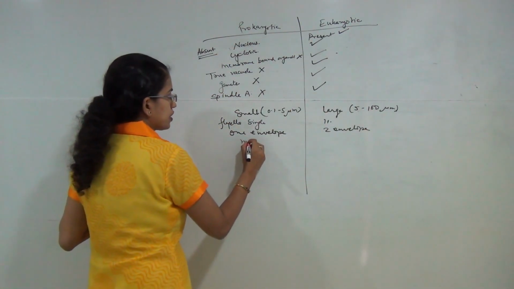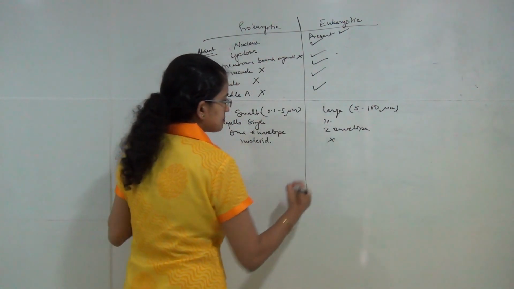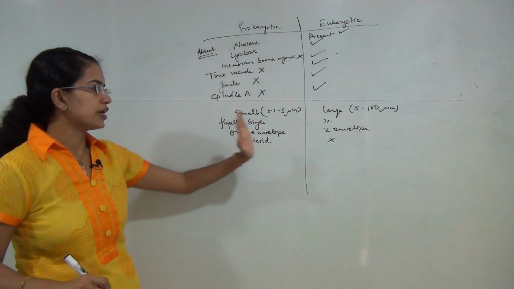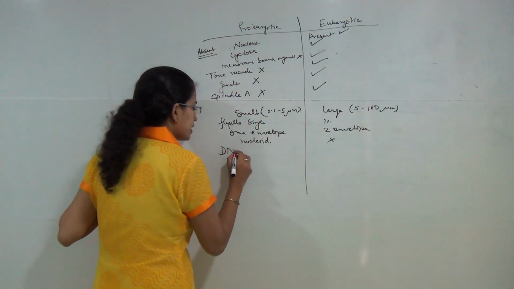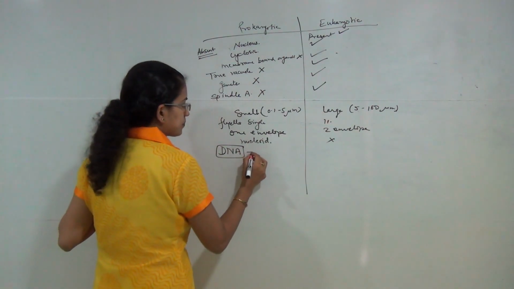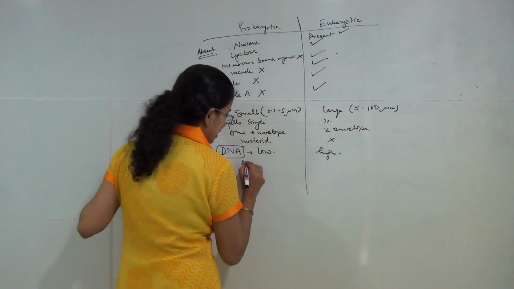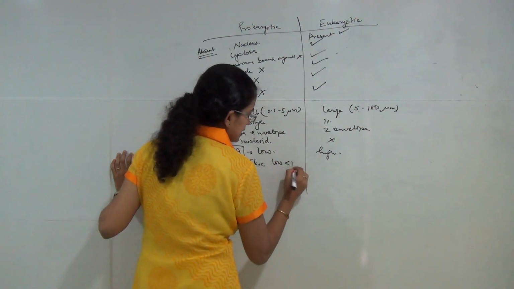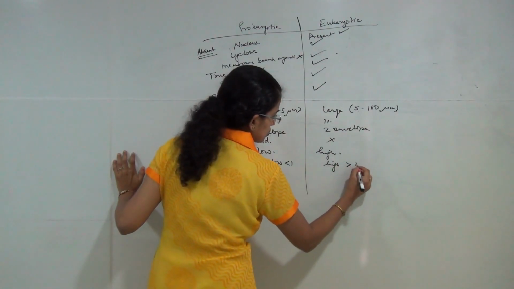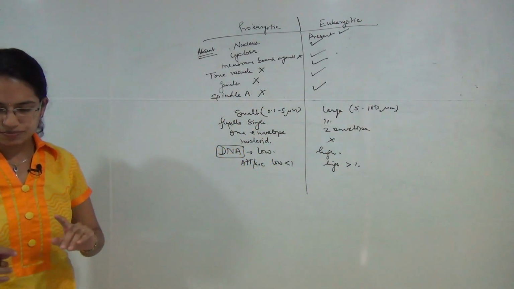You would have nucleoid that is present in place of the nucleus which is absent here. So here you have nucleoid, here do not have nucleoid, you have the nucleus that is present. Now coming on to the characteristics of DNA. The composition of DNA is low here, high here. The A plus T and G plus C ratio is low here, that's less than 1. It's high here, which is more than 1. So these are some of the characteristics of DNA that is present.